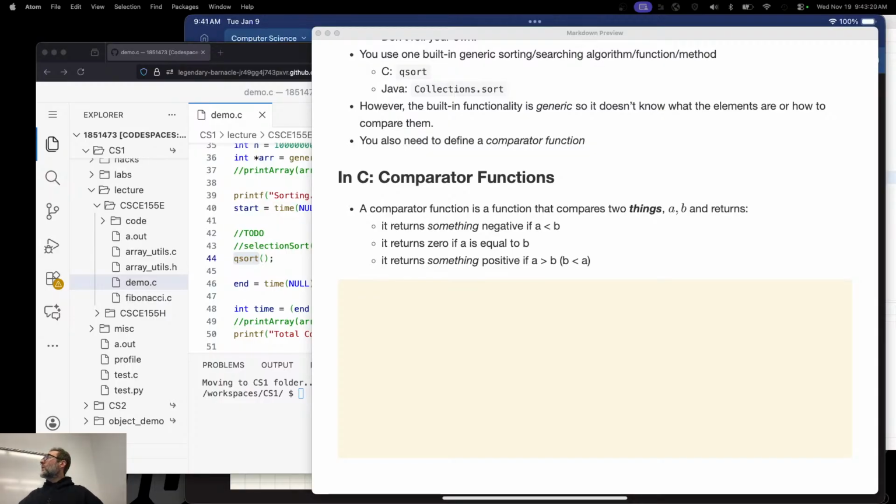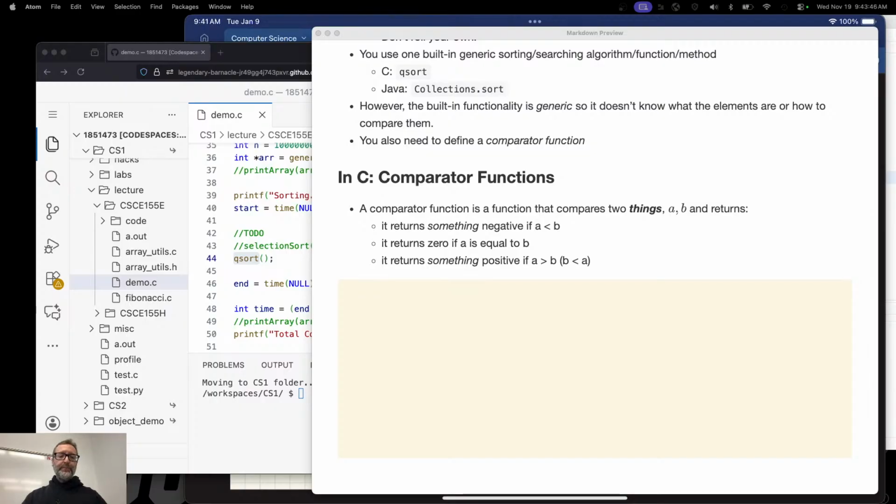So what it's doing is taking these two things, A and B, and asking are they in order on the number line? If so, it returns something negative. Note that it doesn't return -1, although it could. It just returns something negative. If they're out of order, it returns something positive. And if they are the same thing, then you're right on the origin at 0. That's how I like to think about it, at least.